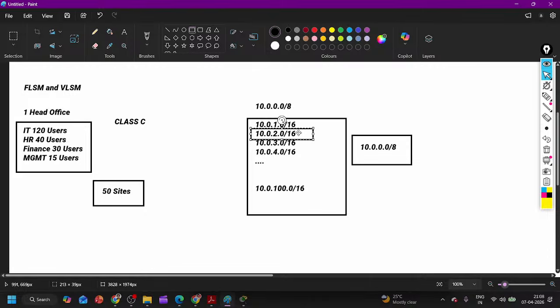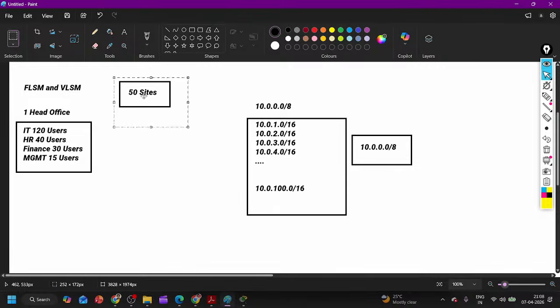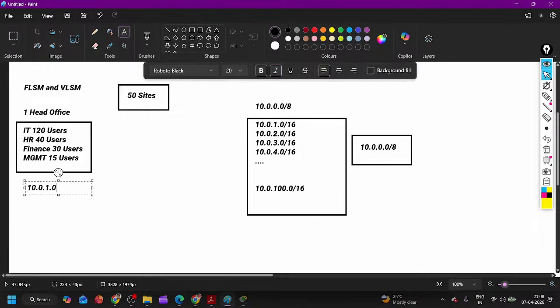It will help you to troubleshoot issues, to manage the network, to summarize the table, and to improve the performance. So we are not going to use lots of classful networks; we use one big classful network and perform subnetting. Let's say this company has a headquarter, branch 1, branch 2, branch 3, like this, 50 sites. In the headquarter, I have given this subnet 10.0.1.0/16, and in branch 1, I have given this subnet